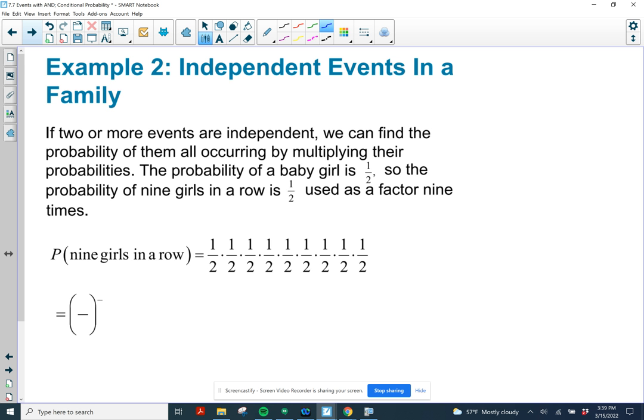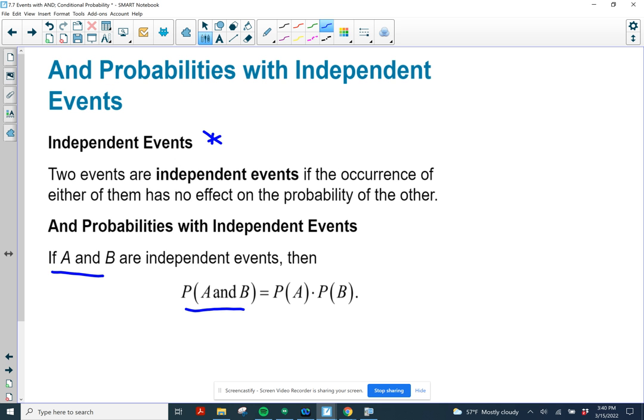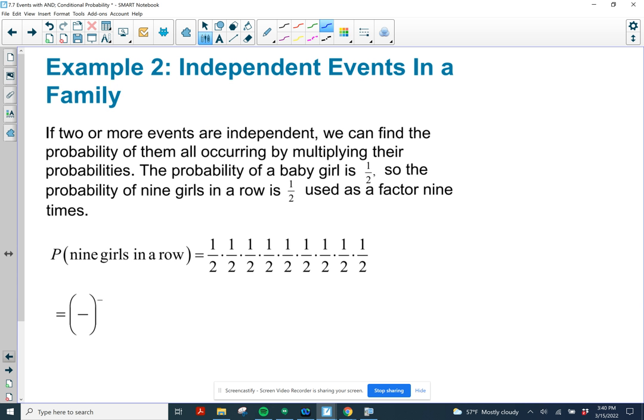So we can extend it to the probability of A and B and C. So if I want to know the probability of 9 girls in a row,